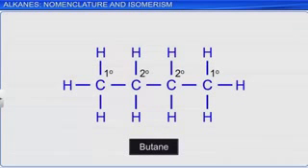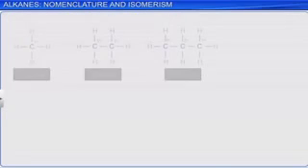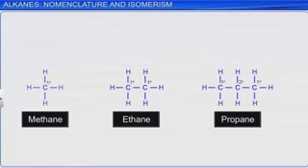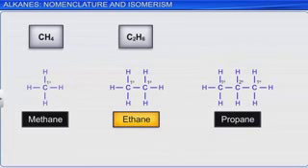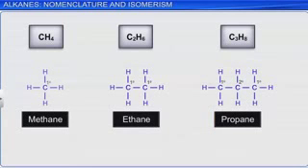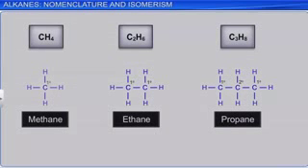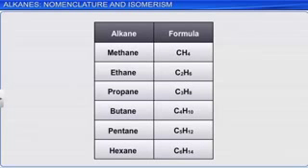In a molecule, the terminal carbon of a carbon-carbon chain is always attached to 1 carbon and 3 hydrogen atoms, and hence it is called primary carbon atom. The first 3 alkanes in the series, methane, ethane and propane, only have 1 molecular structure. However, as the number of carbon atoms in an alkane goes on increasing, we get more than one structural arrangement for a particular molecular formula.